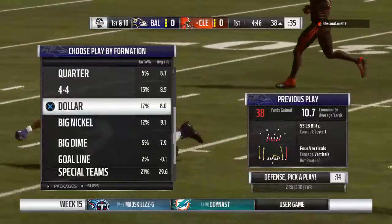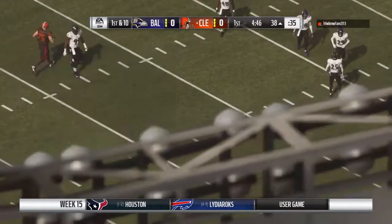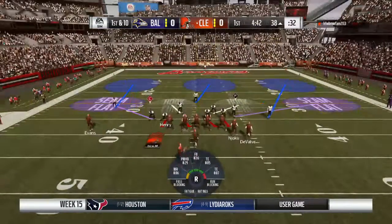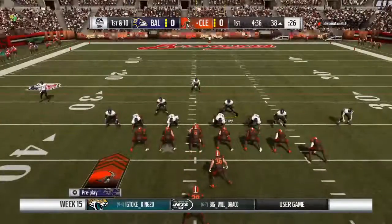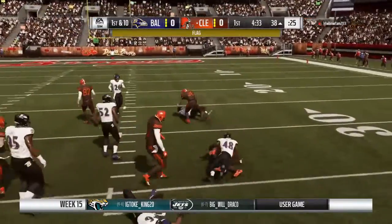Tell the truth, partner. You didn't think he was coming down with that one, did you? Come on, tell me the truth. No, I didn't. I'll tell you what, though. A one-handed grab of that length. Talk about giving your team a little juice. Oh, big time. I mean, everyone's going to be excited about that one, whether you're on the field or not. It permeates its way through the entire team, and I can't wait to see what they do on the next